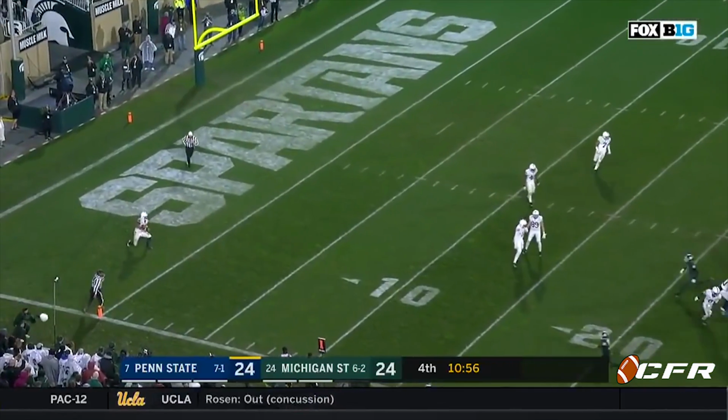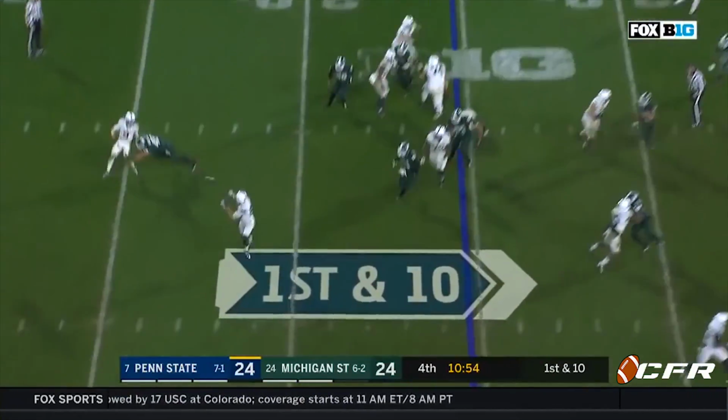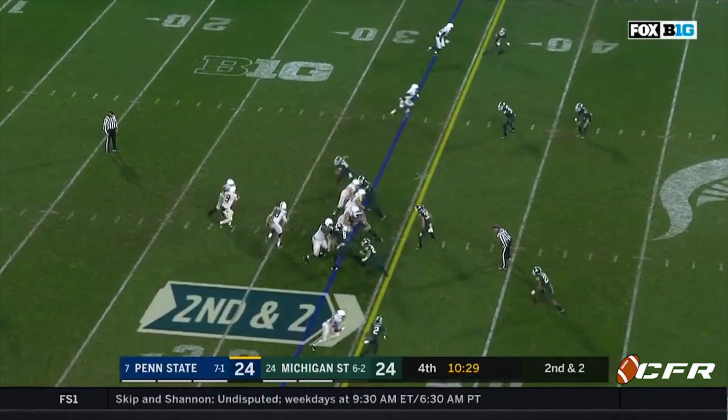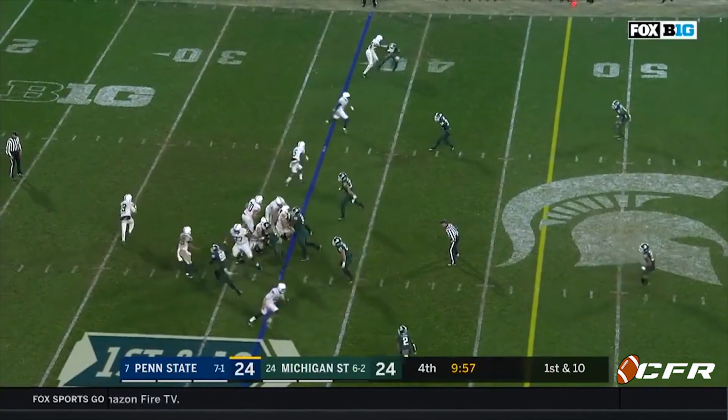Saquon Barkley will take an ease. Favorably, their schedule stacks up to Notre Dame's. McSorley will dump it off. Here's Gesicki hurtling across the 3rd on the day. Second and short, Barkley with a first down inside of 10 minutes in a tie game, and